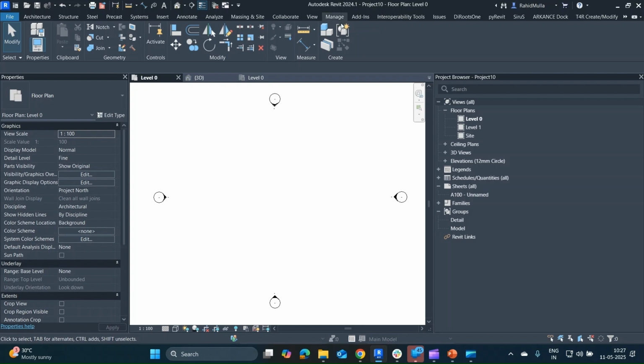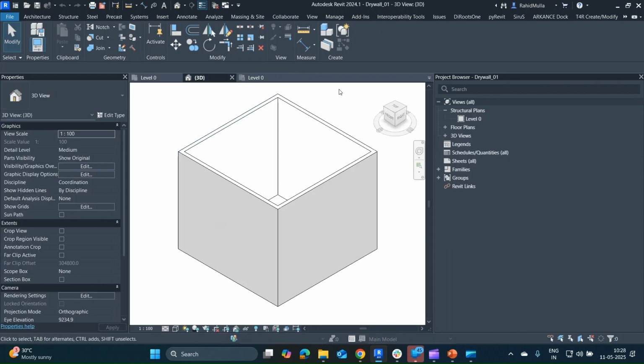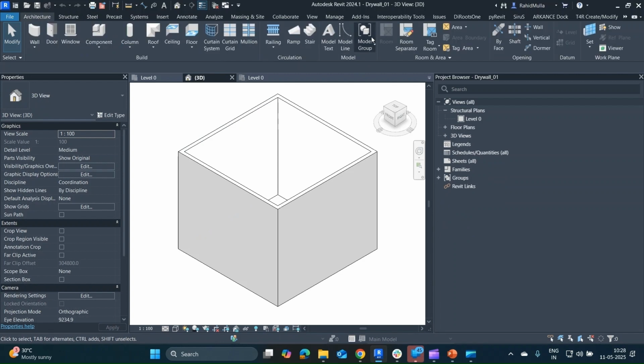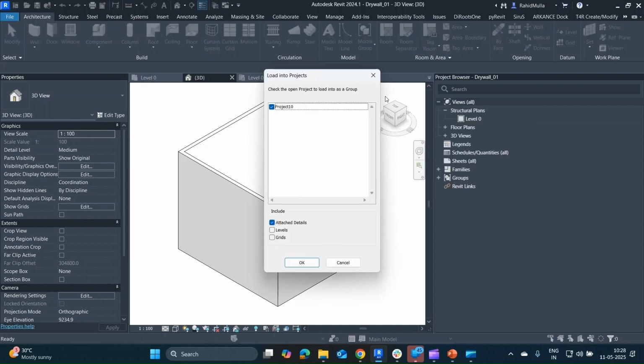I don't want to model it again because I know that there's no time, and who will model such small details. Okay, so what I will do, I will go here in this project, I will go to architecture, and then once I go to model group, I will use this option as load as group into open project. Once I select this, if there are multiple projects open, it will ask in which project I have to save this. I will say that in project 10,